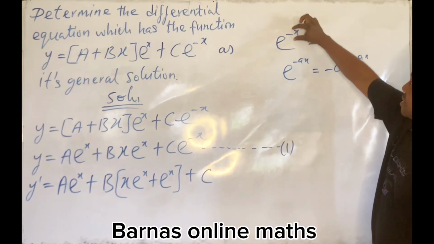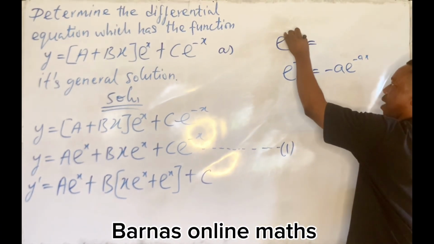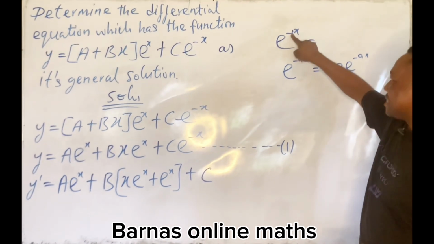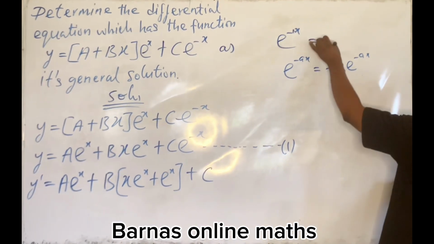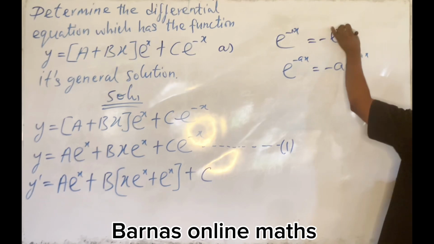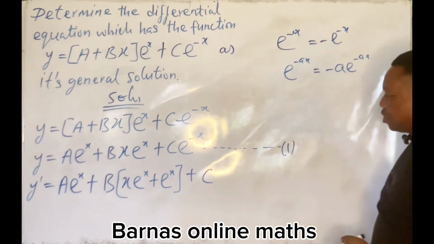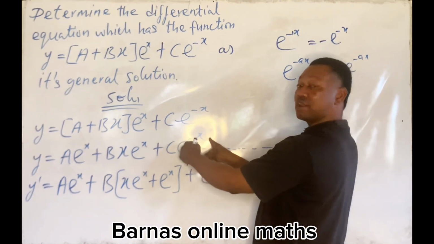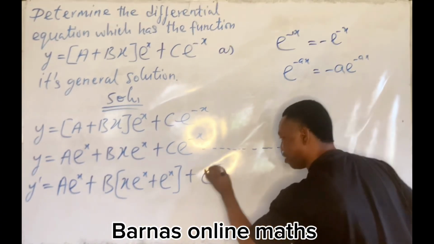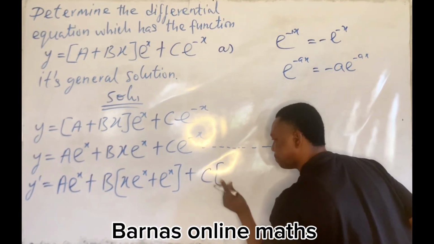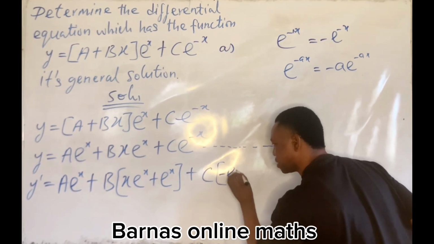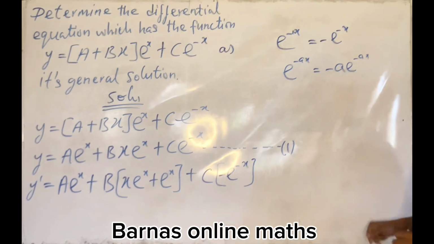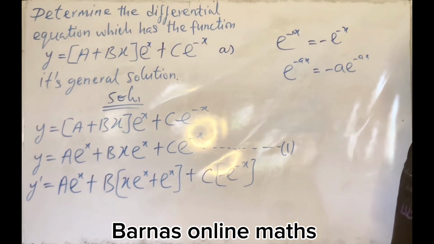Therefore, this is an invisible 1, which means e to the power minus 1 times x. So if you're asked to differentiate this, we are going to have minus e to the power minus x. Take note: the derivative of e to the power minus x is going to give us minus e to the power minus x. If we simplify further,